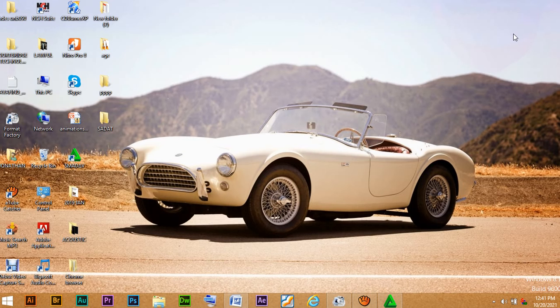You may not change a background, but still you can play around with folders. Now we want to see what could exactly be the folders and how can we change the appearance of our desktop even if we have not changed the background. Here what we shall do, we shall go